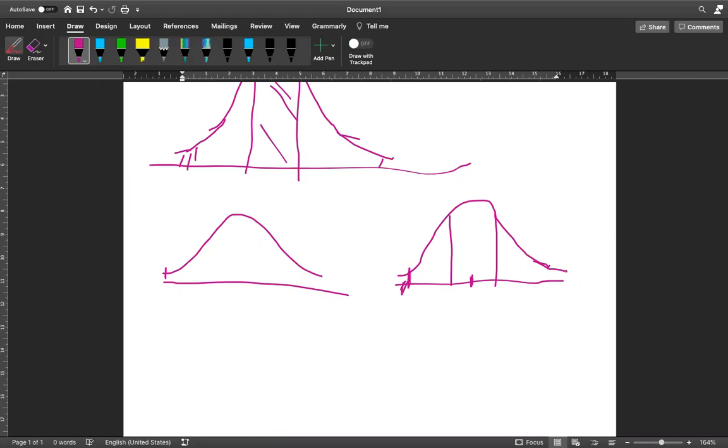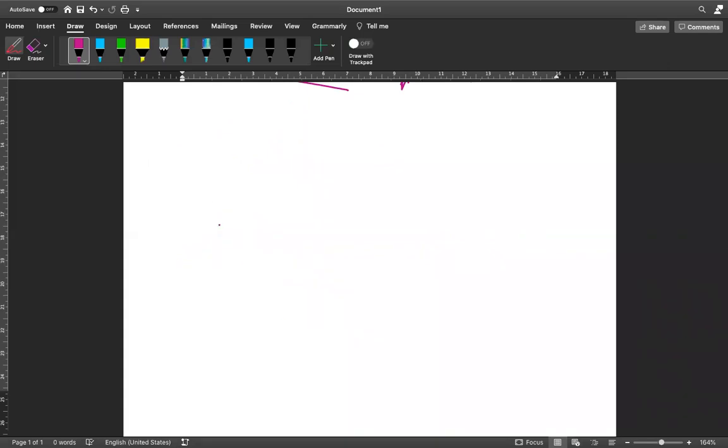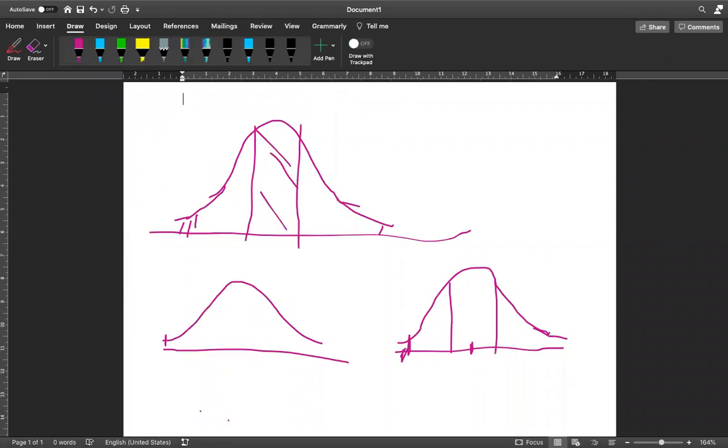Okay, and those things can be modeled as a normal distribution and a normally distributed random variable. So if it is not symmetric, then it means that the distribution is what we call a skewed distribution. If it's not symmetric, then it is skewed. We say